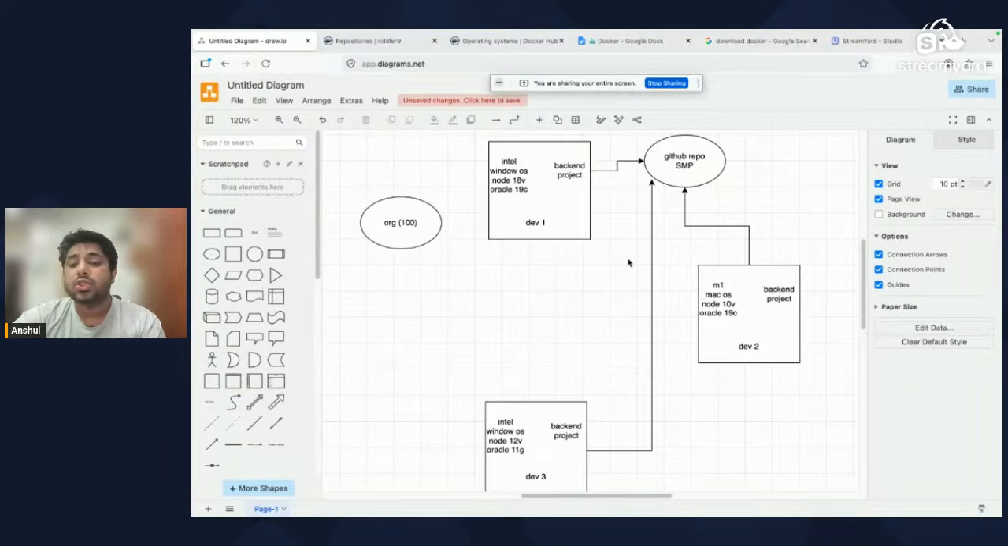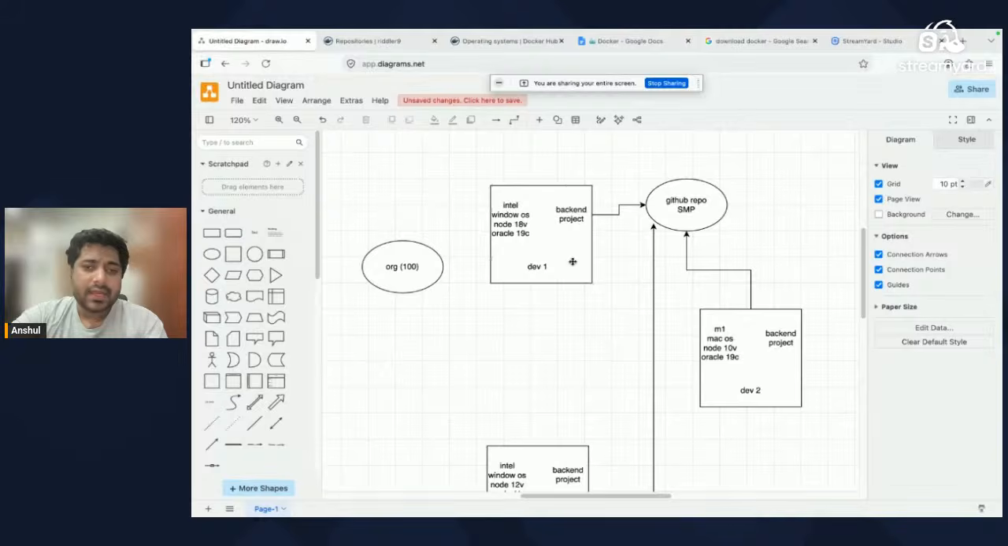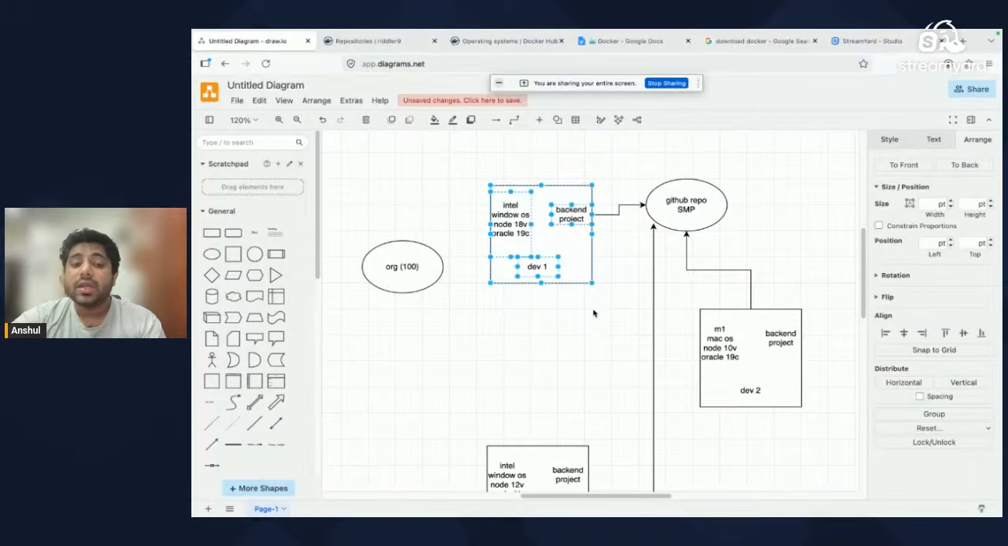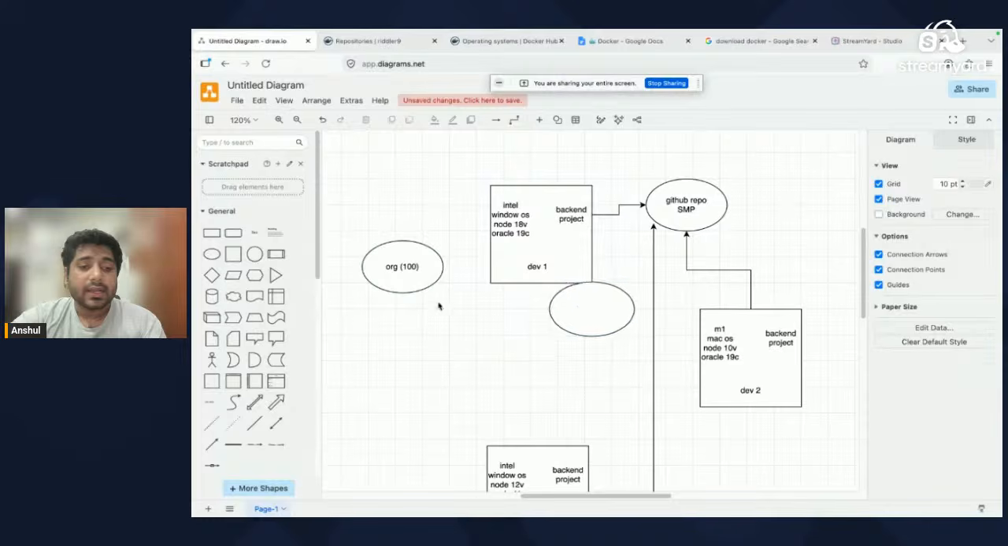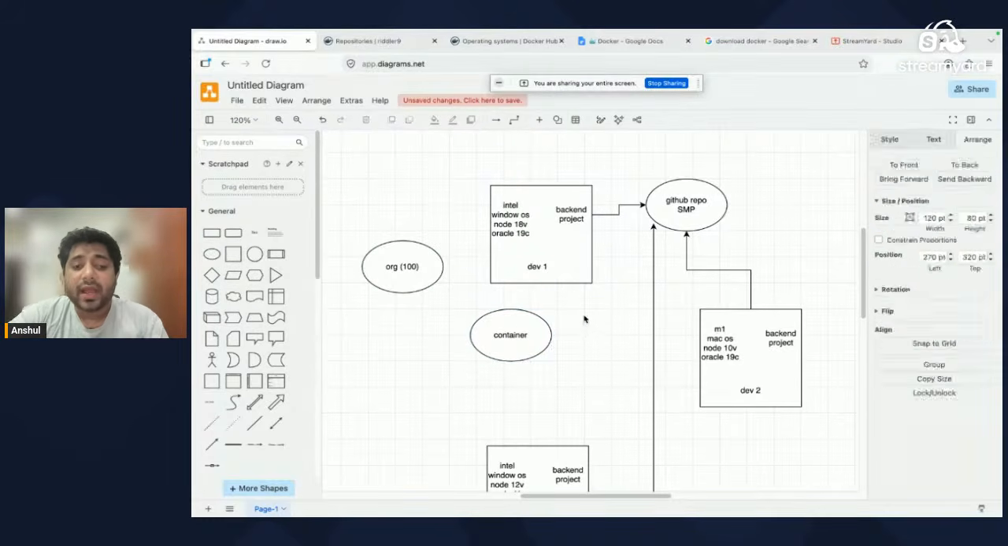Now to solve this issue, there is another term called containerization. So what does containerization do, right? Let's take this developer one. Let's say I have a machine with an Intel processor and a Windows operating system, and I have Node.js version 18 and Oracle. What containerization does is it isolates the entire machine and tries to create a container of the entire machine. Let's say this is your container. We try to containerize the entire machine